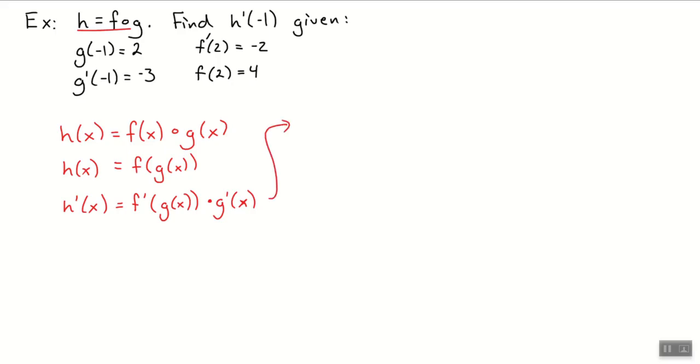So I'm going to work this way just to save space. We're trying to find h prime of negative 1. What did I just replace x with? Okay, so I've done it on the left side. Could I do it on the right side as well? This is f prime of g of what? It's just negative 1, right? Anywhere there's an x, we're replacing it. Times g prime of,